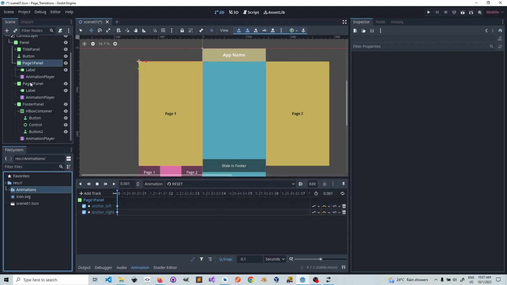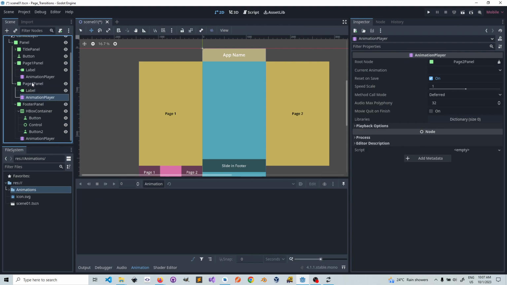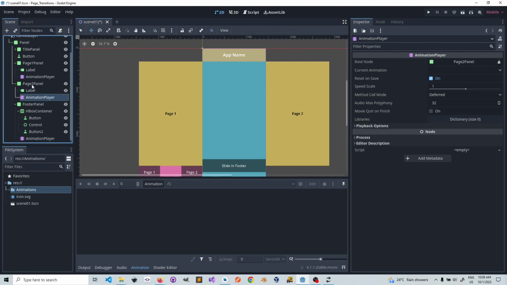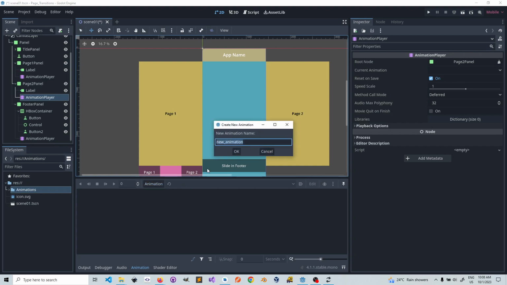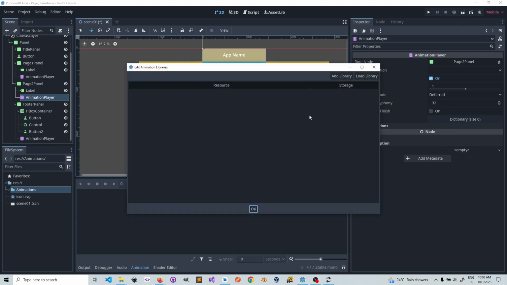Now we come to our page 2 panel, and then what we need to do is recreate those. Oh, sorry, not page 2 panel. We're going to click on the animation panel of page 2 panel. Okay, remember we were on this animation player before. Now we come back to this animation player, which is linked to page 2 panel. So what we'll do is we go to animation, you choose new, or should we say manage? Wait, cancel first. Let's go to manage animations first and choose